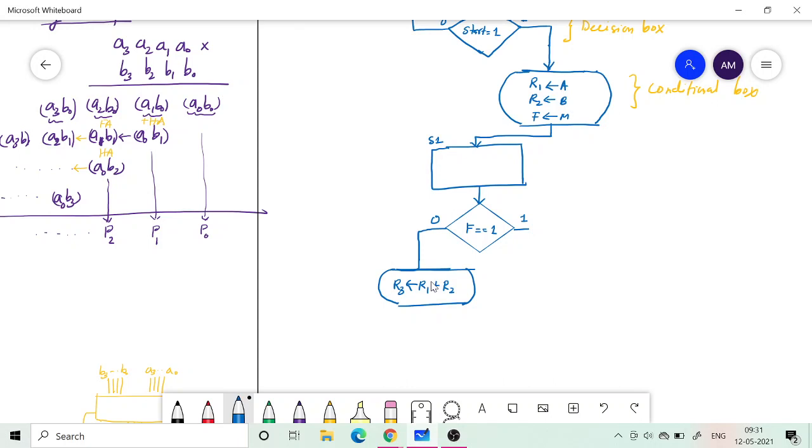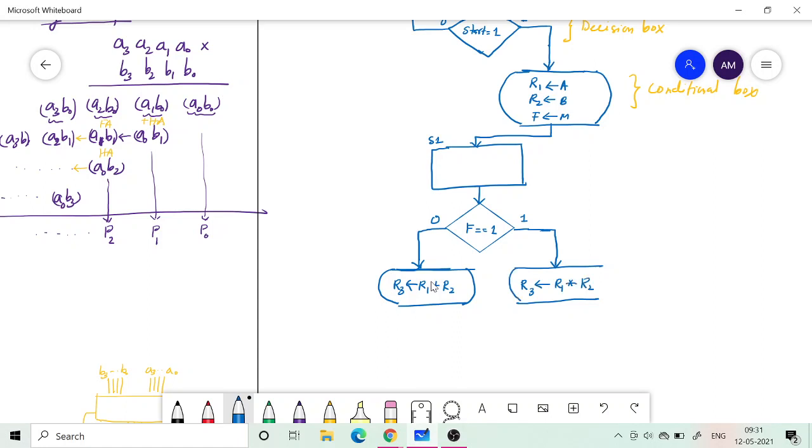If it is 0, I have to do this. Otherwise, what should I do? If F is equal to 1, I should multiply. So how do I represent that? R3 is equal to R1 star R2.